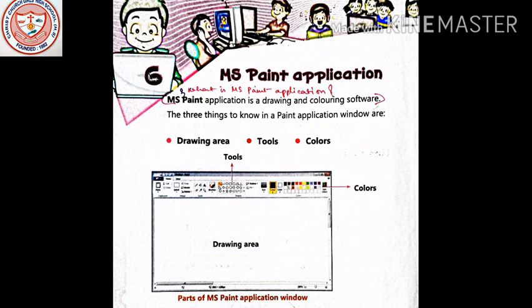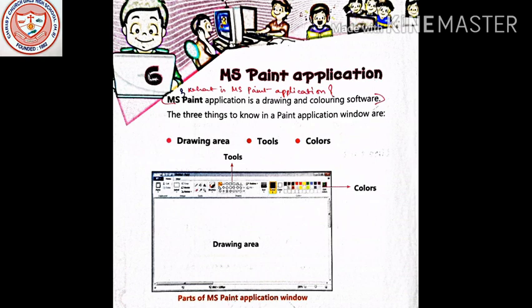The three things to know in the MS Paint application are, in this window, three things which we are going to learn today. That is the drawing area, the white area which you can see over here in your screen. And see the tools, the shapes, everything is given over here. There are many types of tools in it.